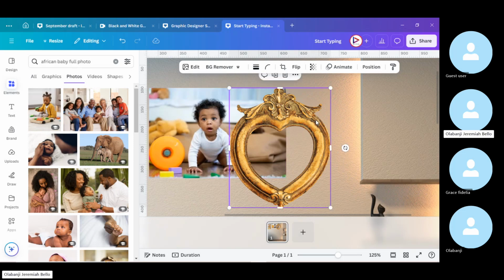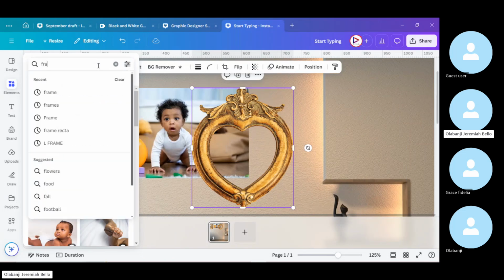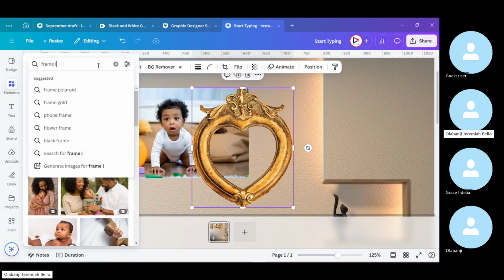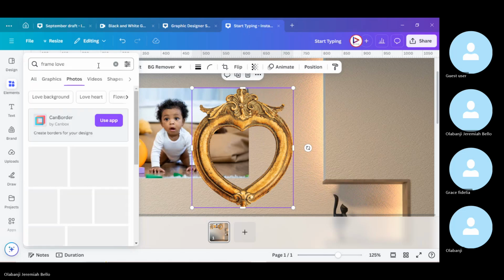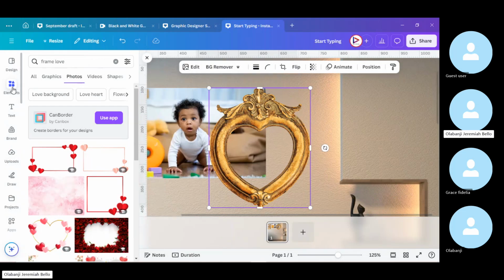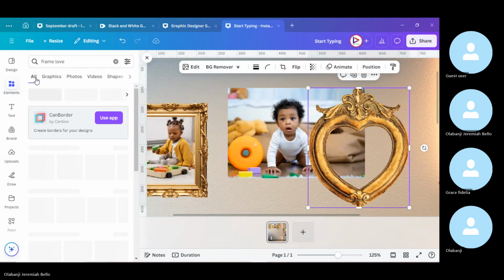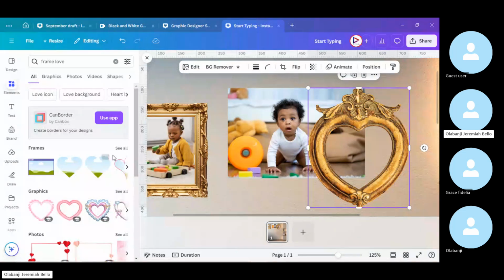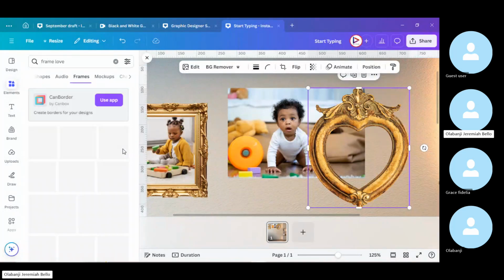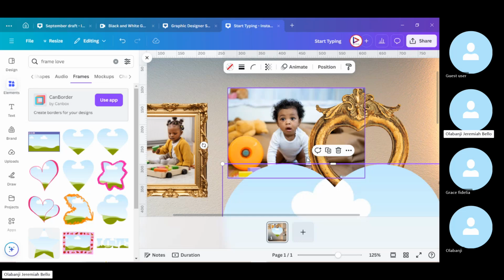Though, like I said, this particular photo frame will give us issues. So I can go to elements and then just search for frame. Let's look for something like a love frame, because the shape of this particular frame is kind of love or art, not photo. I'll go under all. Then you see frames. If I go to see all, you notice that we have some love frames that you can make use of. So you can just pick any one you feel like making use of. So this one,